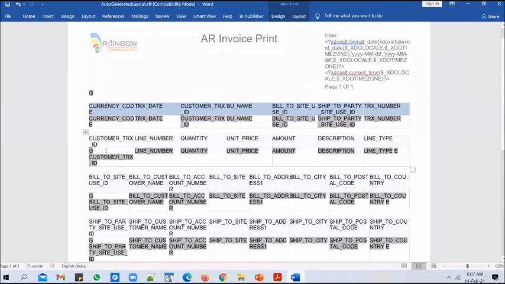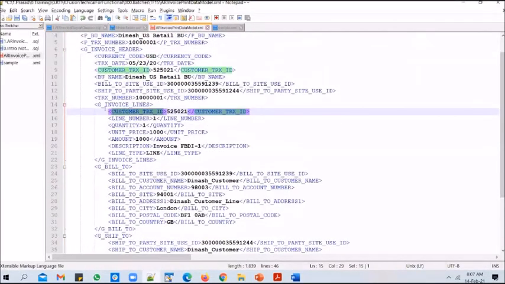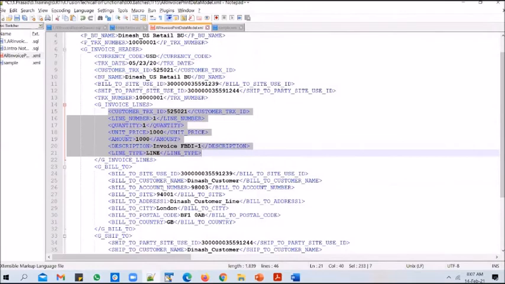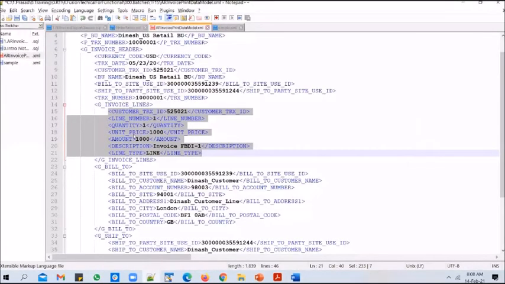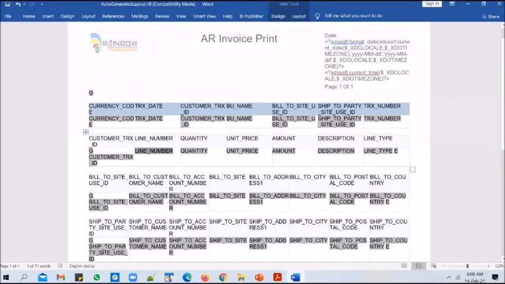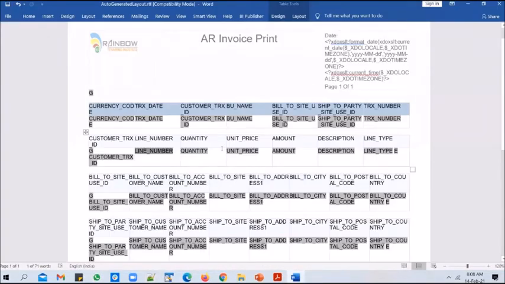The XML tags are also the same. Here you will find the XML tags of the lines query. In the line section, you will have XML tags of G invoice line: customer transaction ID, line number, quantity, unit price, amount, description, line type. So you have all these columns printed under lines.